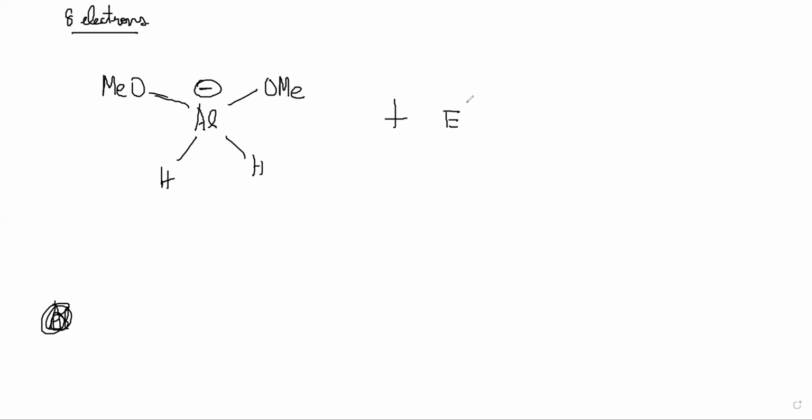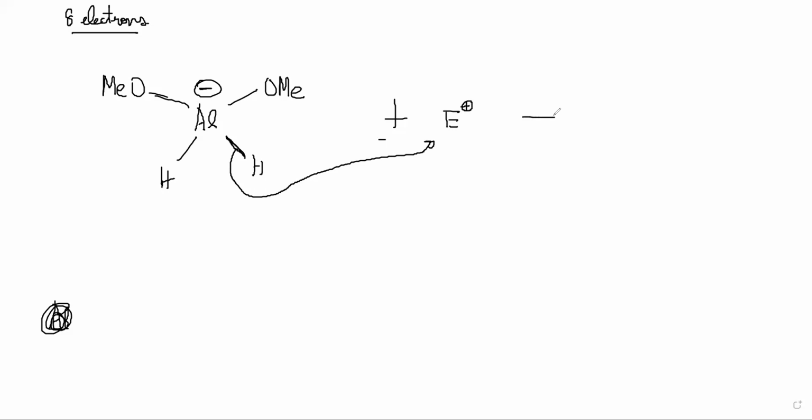If there was a lone pair, E plus would have formed a single bond. But if you do that here, aluminium will become pentavalent. There is a section in the book where he warns you that this kind of thing will not happen. What will happen here is that one bond has to break. Hydrogen can come out with the bonding electrons. This is like a hydride ion getting transferred.